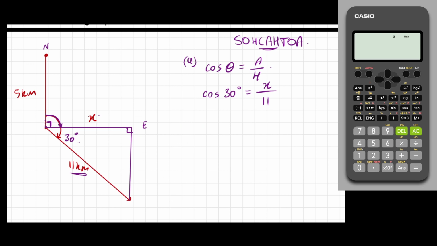All right, now to get the x by itself, solve it like an equation. To remove the 11 from the right-hand side, we're going to multiply both sides by 11. So it becomes 11 cos 30 is equal to x. Or another way to think about it is, we're just moving this 11 up to this side here. Now, once we've done that, we're just going to put it into our calculator and get an answer. So 11 cos 30, close it off, hit equals, and we get,